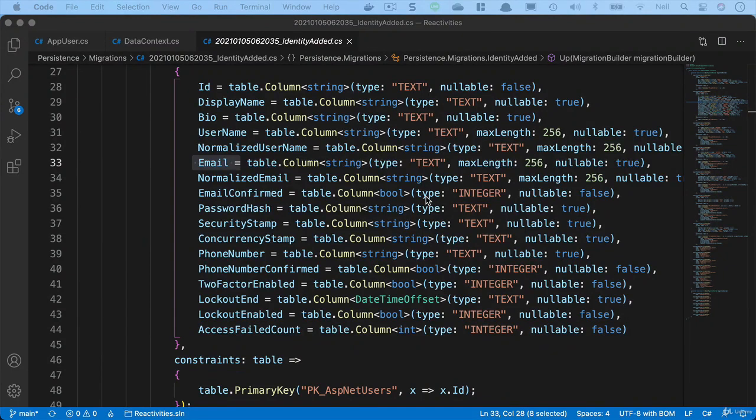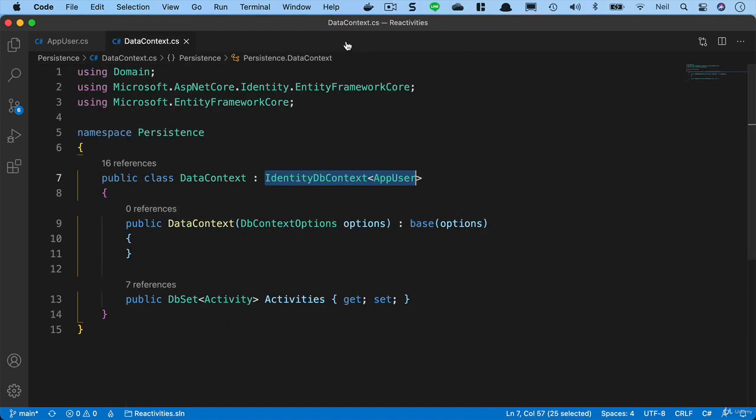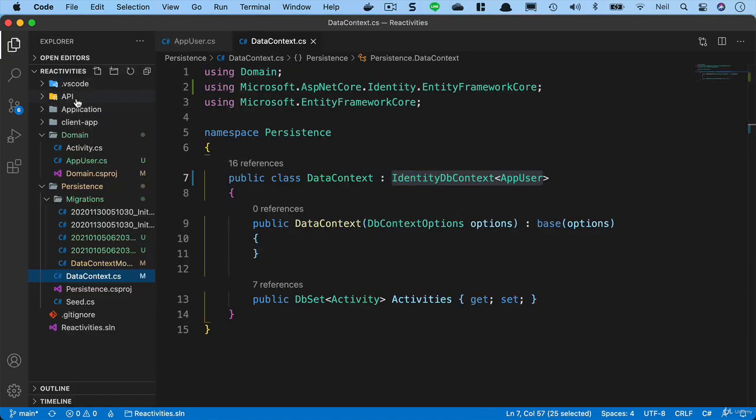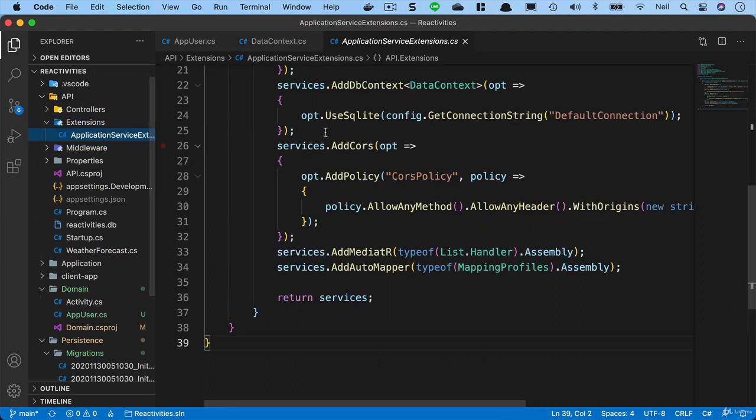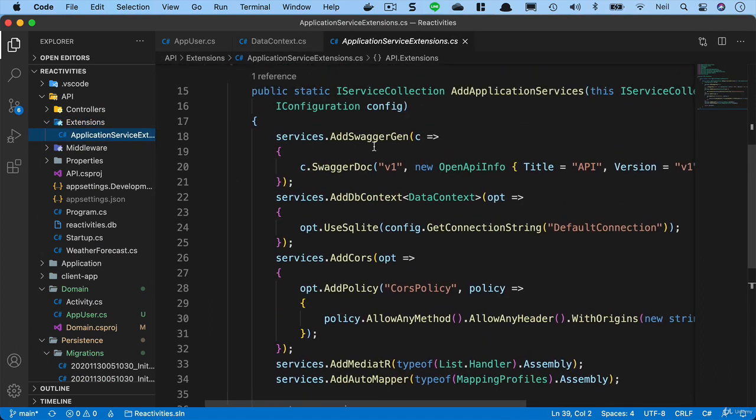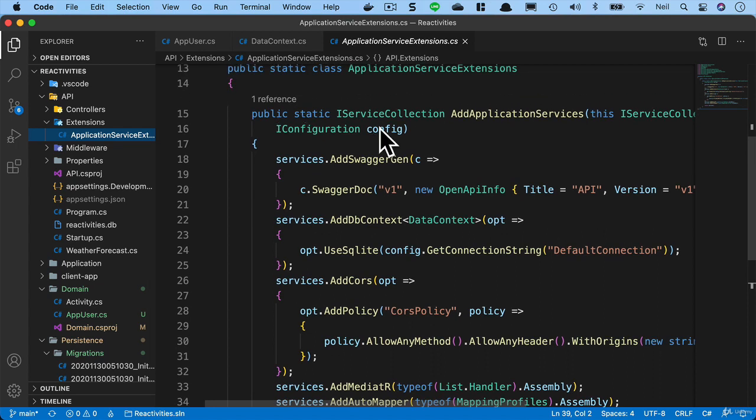Okay, now that we've got our database set up, what we're going to do next is configure identity. So earlier on we created, in our API extensions, an application service extensions class for things that we didn't want to clutter inside our startup class. And we're going to do the same thing for identity services, because this can become quite wordy and verbose, and this is just something else that we can put inside an extension method